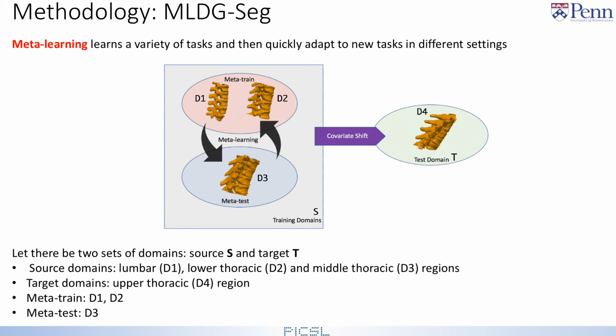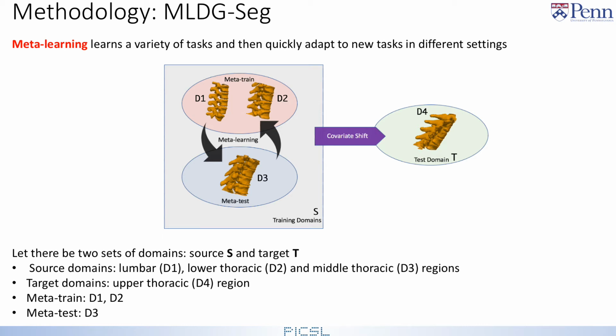Metalearning is a class of algorithms which aims at learning a variety of tasks and then quickly adapting to new tasks in different settings. We adopt the optimization-based model agnostic method proposed by Lee et al. called Metalearning domain generalization. Let's consider a motivating example from an image manifold of lumbar, lower thoracic, and middle thoracic